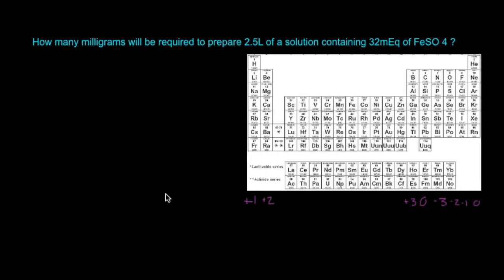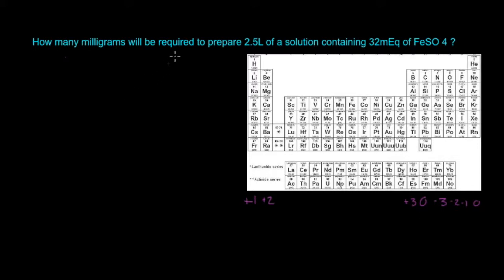Alright, so in this video, we're just doing the milliequivalents again. This is a different problem. So this problem says, how many milligrams will be required to prepare 2.5 liters of a solution containing 32 mEqs, or what does mEq stand for again? That's right, milliequivalent, of FeSO4. Now FeSO4 is going to be iron sulfate,